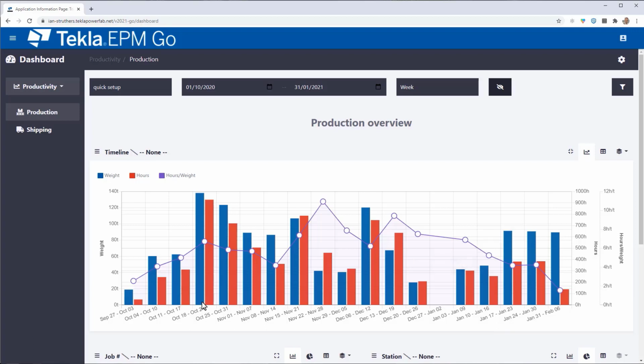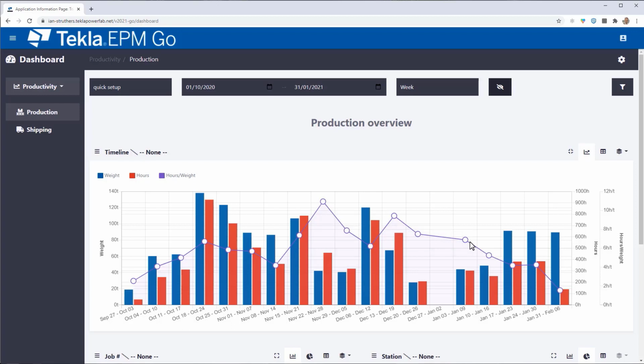So over the course of that 4-month period, we're looking at not only the weight that we've output over that time frame, but also the hours that have been recorded per week. And this purple line is representing the productivity in terms of hours per ton, man hours per ton. At the very start, we were averaging 2.5 man hours a ton, as probably some of the data being put into the system was a little bit dubious. You'll see how that ebbs and flows all the way up to the peak, just shy of 11 man hours a ton, and it averages around 6-7 man hours a ton if you look across that there.